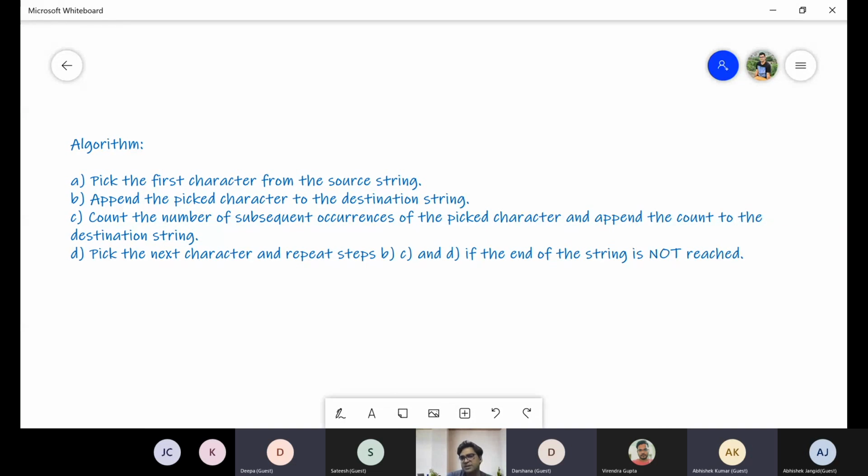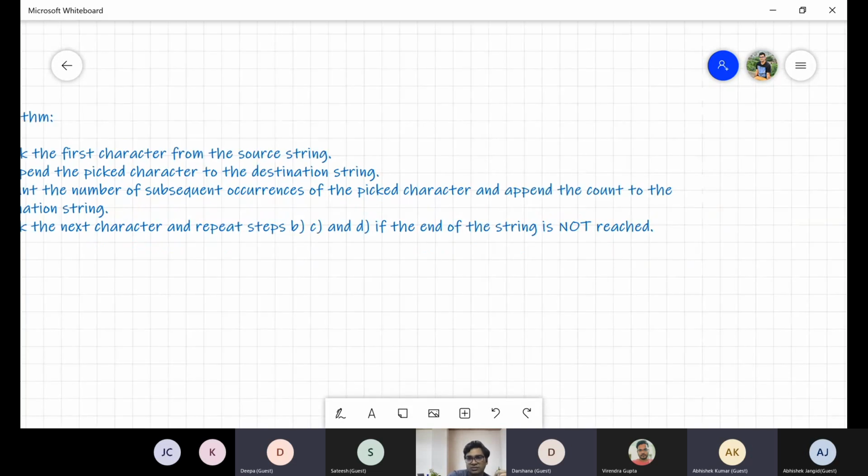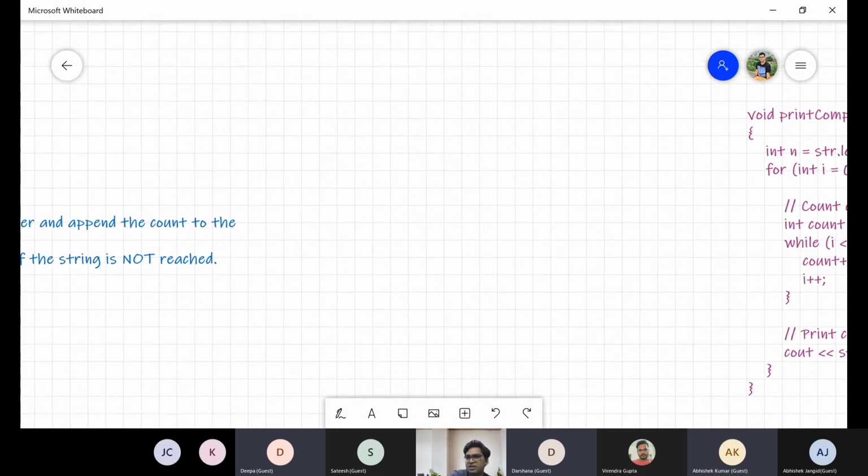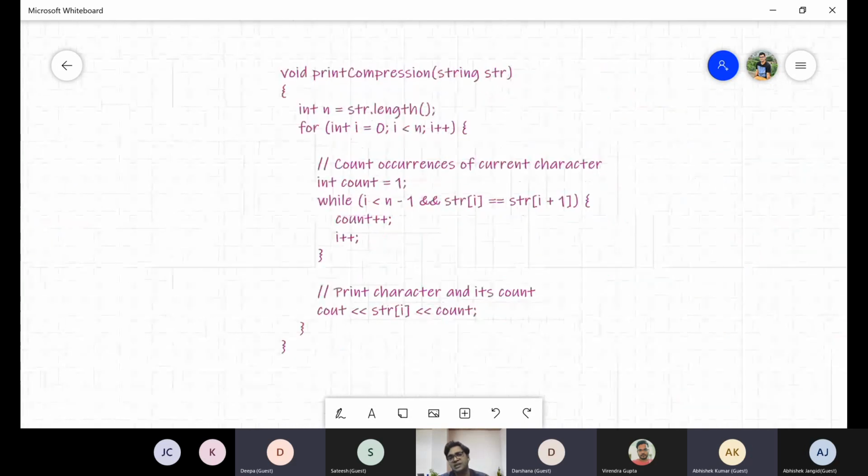Then the fourth step is similar, like try to do the same repeating things for all the characters available in a string. Now we will move to the logical part. The logical one is very simple, which is basically written in C. I think everyone can write in any language, so that is okay. So in this, if you see, what we did is we first try to find the length of a string and we try to traverse the string. Initially the count is 1 and I is 0.